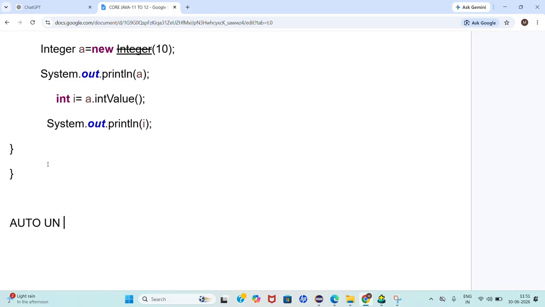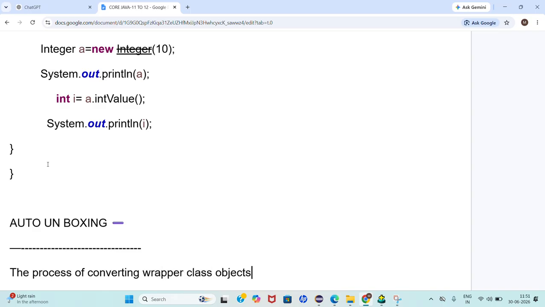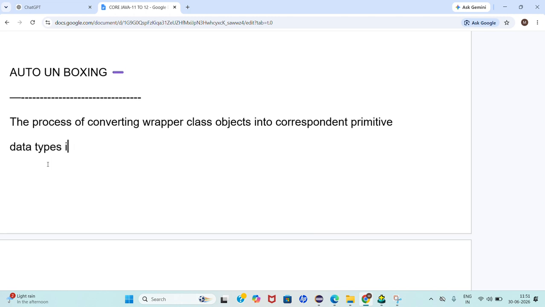Right, you only tell me now, what is the definition for auto unboxing here? The process of converting wrapper class objects into corresponding primitive data types, implicitly done by the compiler, is known as what here? Tell me. Auto unboxing. Okay, now you guys are able to understand how to do the boxing and how to